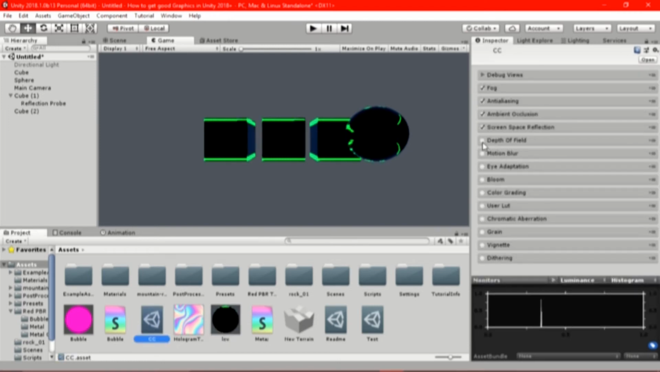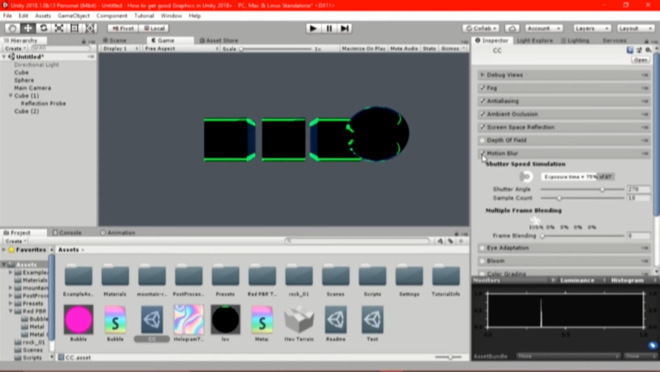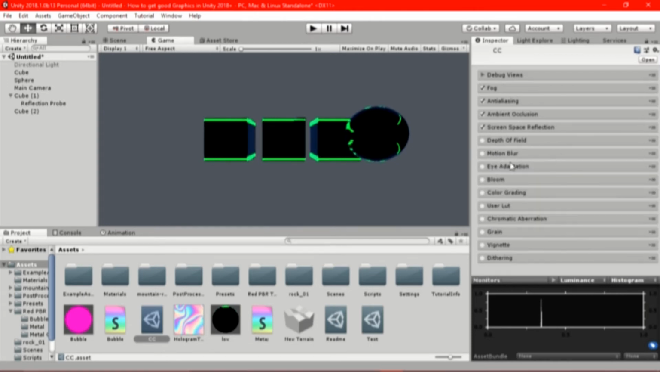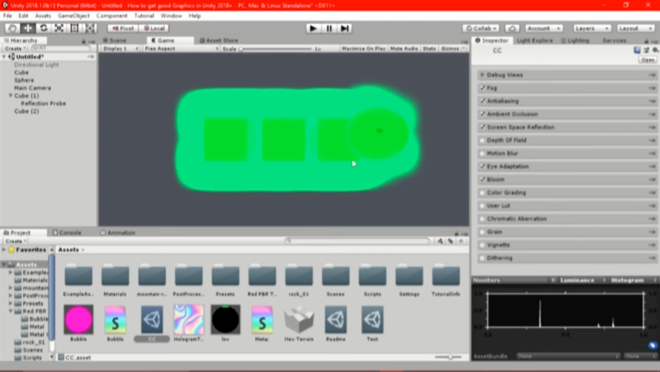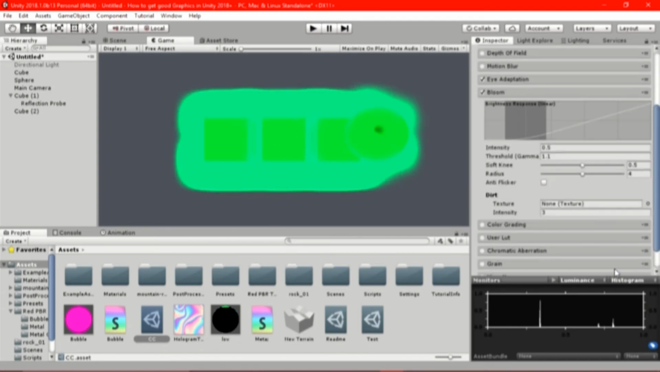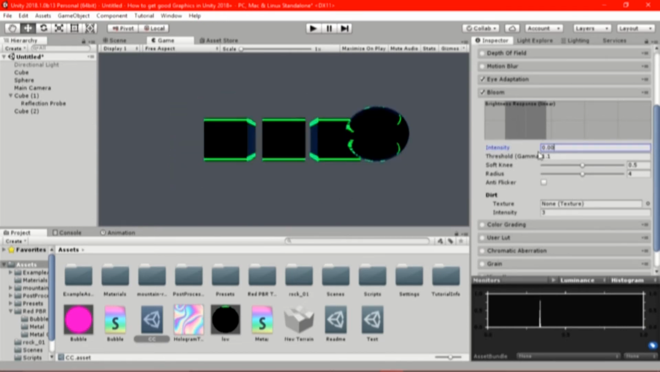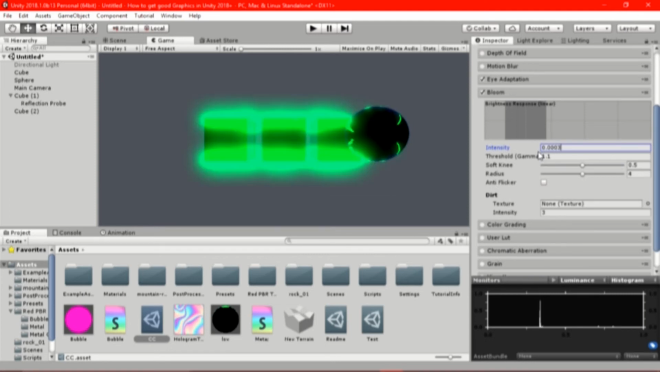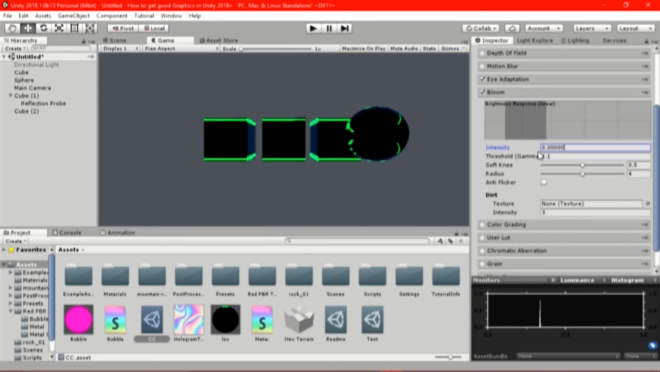Yeah. So depth of view, motion blur. If you have a moving character, then you can just enable that. Eye adaptation, blue. That will blast your eyes, man. So how to fix that is just by decreasing the intensity to some sort of 0.03 or 0.01, or let it just